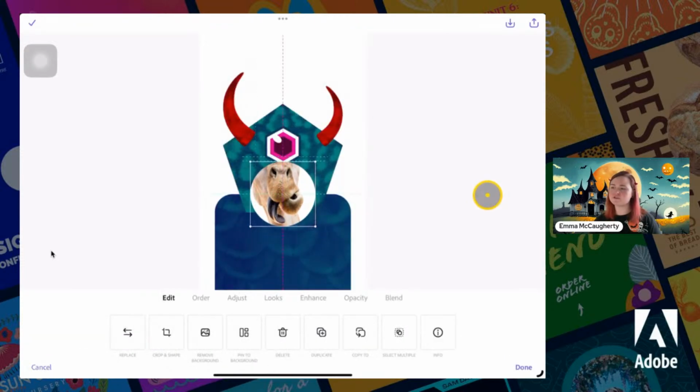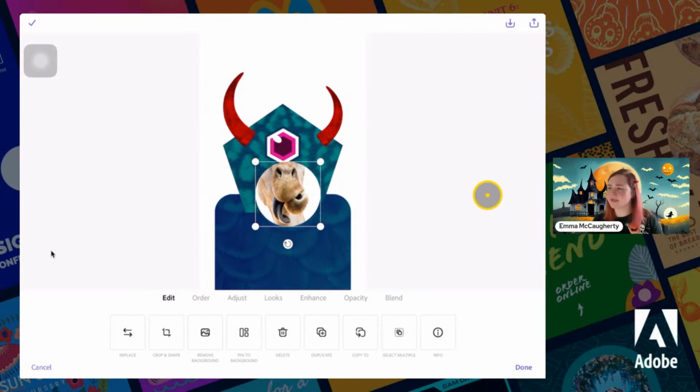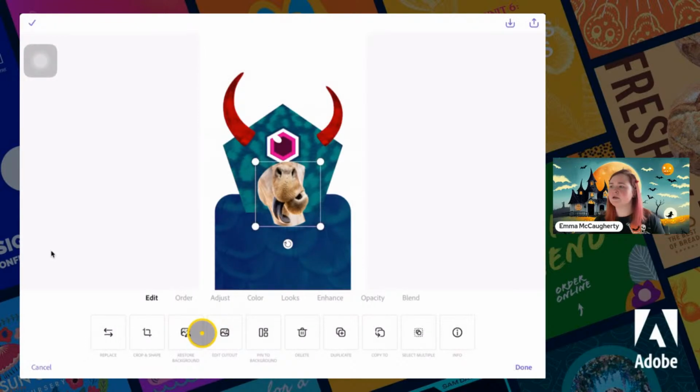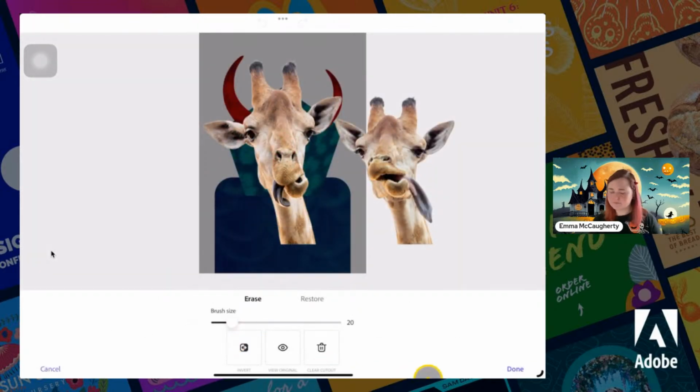And when I bring it up here, there's a few wee bits and pieces about it that are still making me think that it's part of another photograph. So how do I merge this onto my monster? Well, first things first, I'm going to hit remove background. That's going to get rid of all of the white, which is perfect. The next thing you have an option is to edit the cutout. So let's click on that one. And you get this option here to erase. So if I increase my size, I'm going to just go around the shape